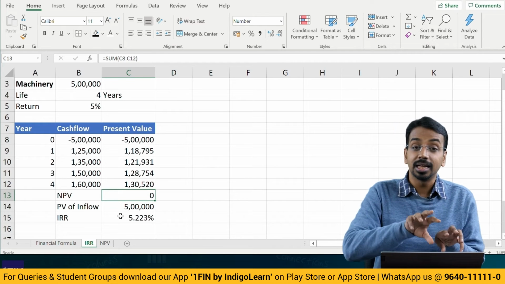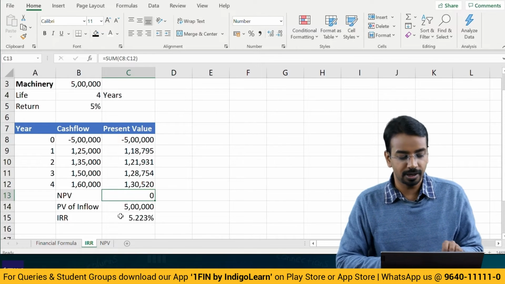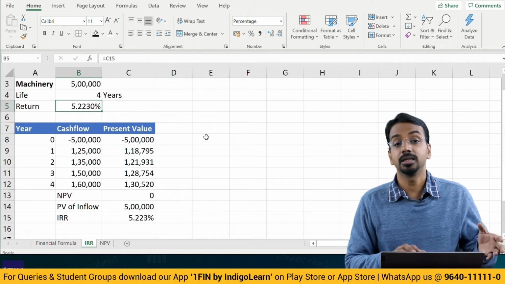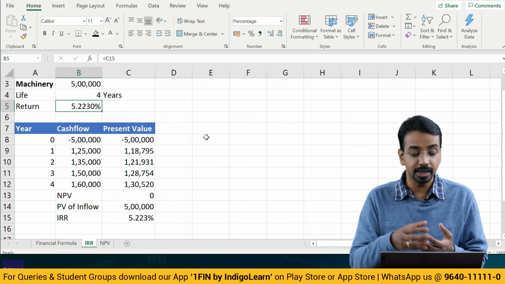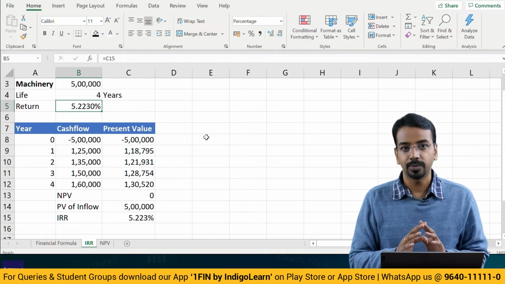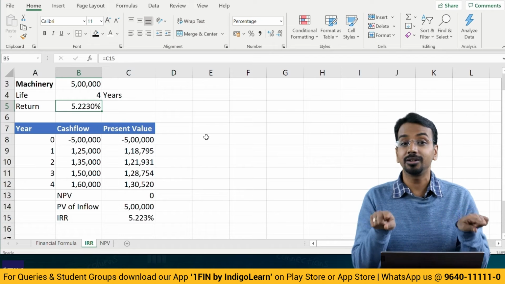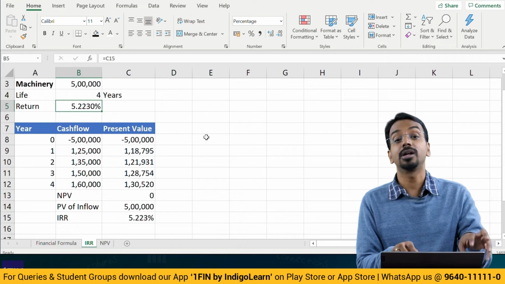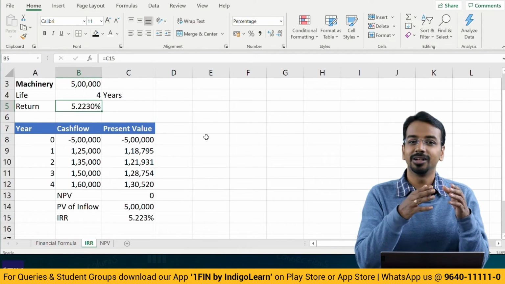It basically means considering the finance cost of 5.223%, right? Considering the cost of 5.223% or considering a return of 5.223%, the present value of inflows is equal to the present value of outflow, and hence the NPV becomes 0 at IRR. So at the internal rate of return, basically what we are trying to figure out is what is the present value of inflow, what is the present value of outflow, both of this becomes equal and hence the NPV also